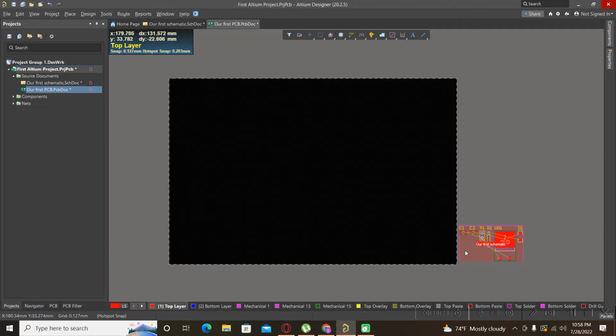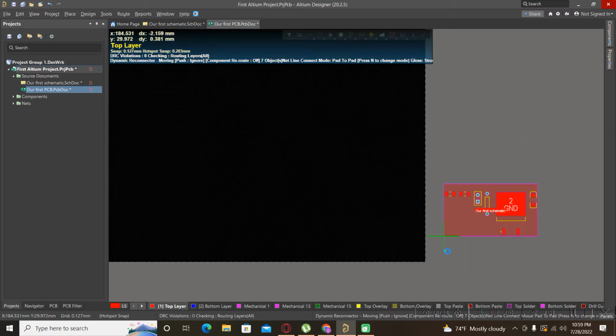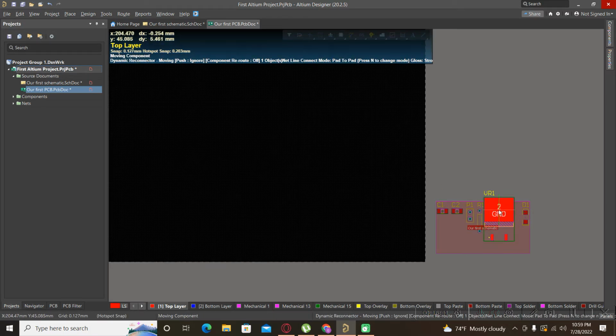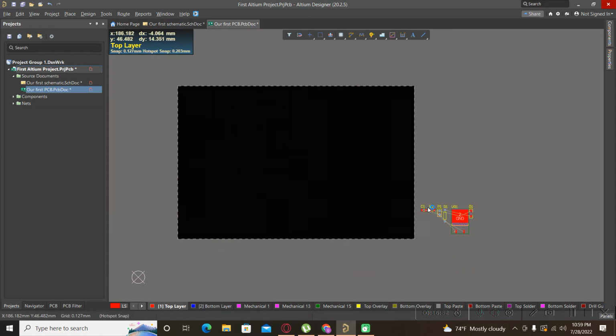Now all the information from the schematic page was brought here, and now we have all our components in this room. If you want to move some component, you can directly take it from this room, or you can select the room and delete it. Now we have to create the shape of our PCB, and for this we have a few